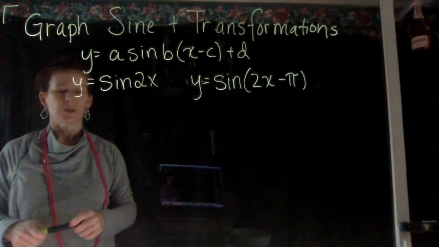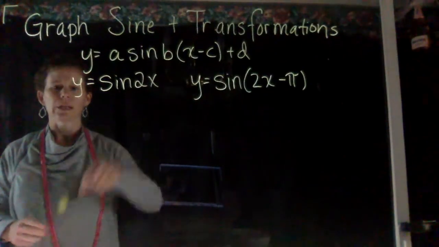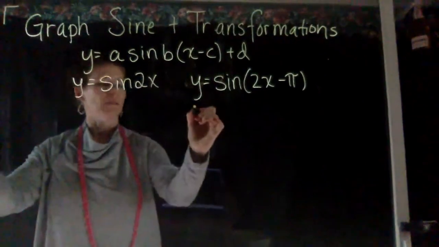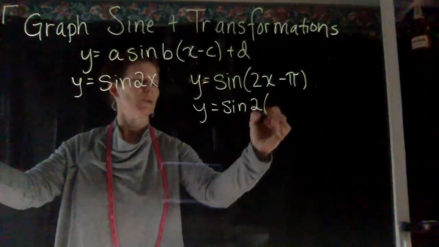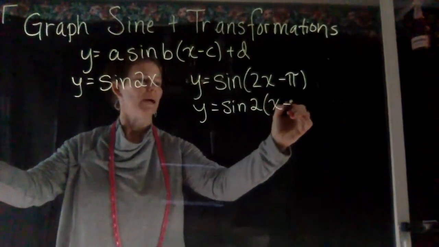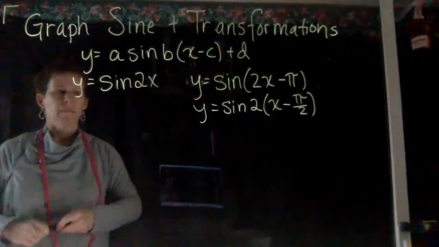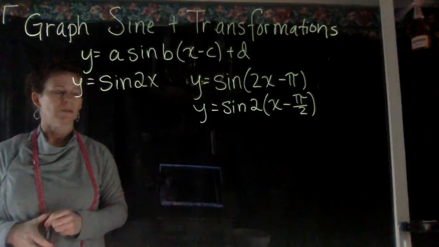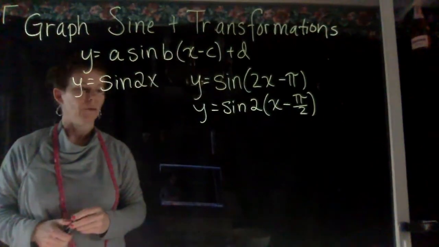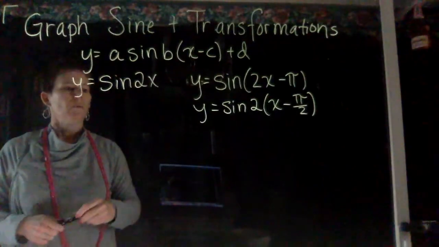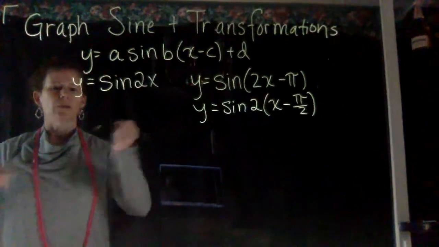So what I would suggest you do is factor out that b value so that you can get your equation into this form. So if we do that, we're going to factor out our b, which is 2. We're pulling it outside the parentheses, and we get x minus pi over 2. So now you can see my b is 2, which is going to affect my period, and my c is pi over 2. So we already did the work to figure out that if your b is 2, then your period